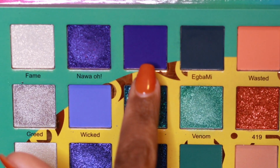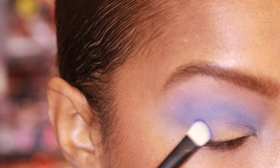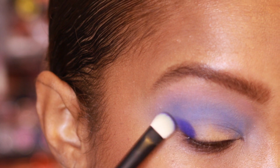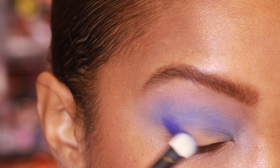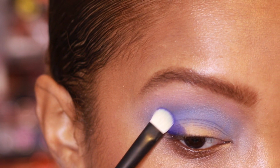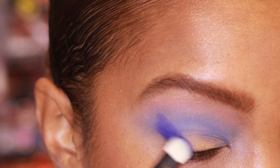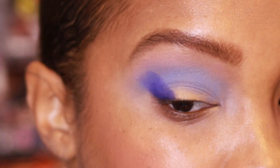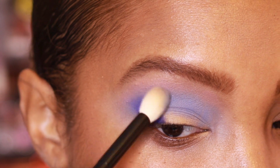Going in, Rephr number 02, going to pick up the shade Dream, which is right here. I'm just going to pat that. Ooh, yes. Okay, I'm happy. Just going to pat that on the outer V. And I'm kind of taking it up on an angle. Gonna go back with that same brush and just kind of buff out